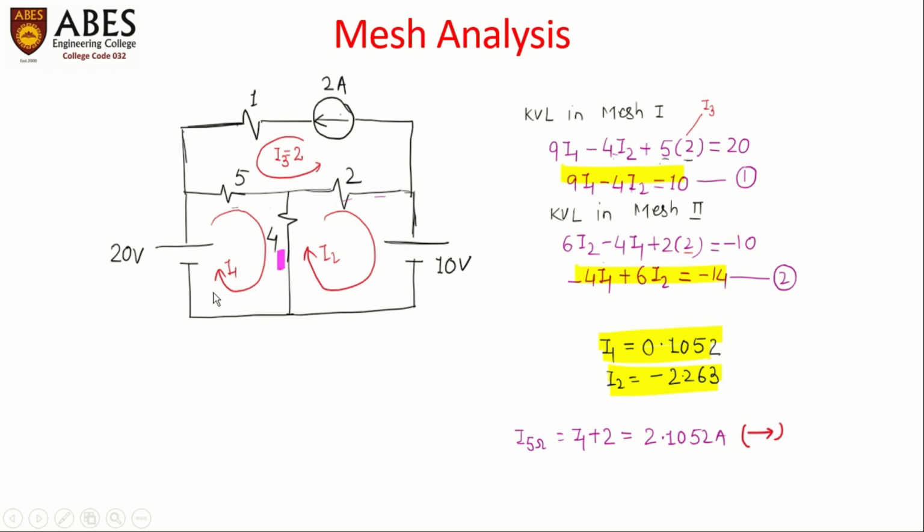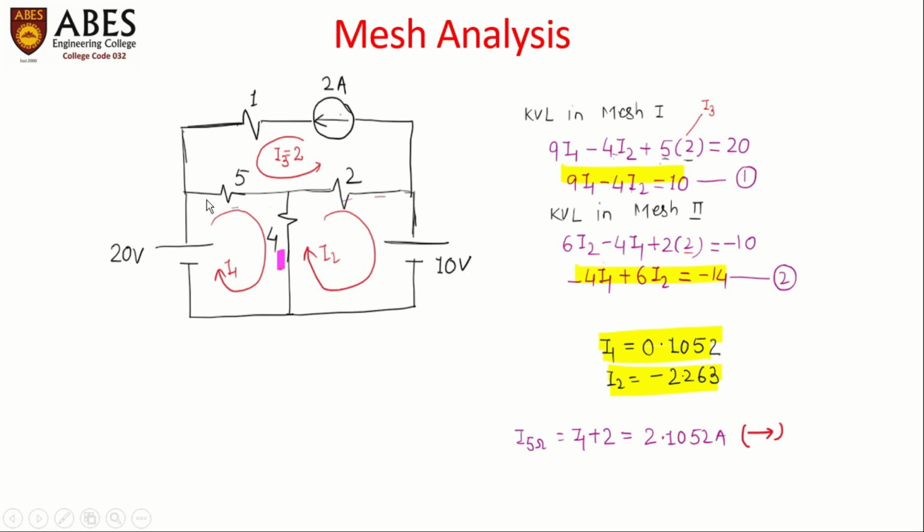Is there any other resistance of mesh 1 that would be common to another mesh? No. There are two resistances only, 4 ohm and 5 ohm, and I have written here 4 ohm and 5 ohm. After that, we will write here the equal sign and we will find the value of the voltage source of